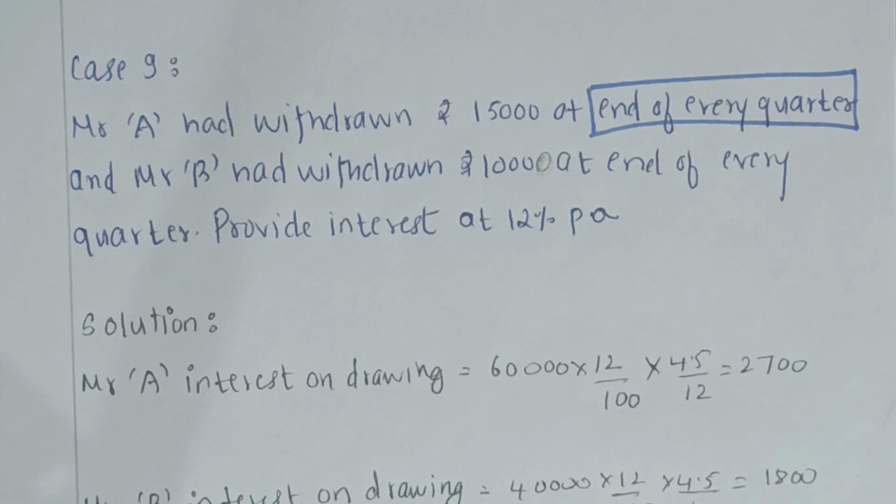So students, with this case number 9, I have finished explaining to you all about drawings. Calculation of drawing is very important because most of the students find it difficult in calculations of drawings, and they get very confused about the number of months that they are supposed to take when it is about quarter or when it is about the month, or whether it is in the beginning or end of any month. So here in this video, I have explained to you all the different cases wherein the drawings could be withdrawn at any given point of time. It could be in the middle of a month or at the end of the month or at the end of a quarter, and so on.